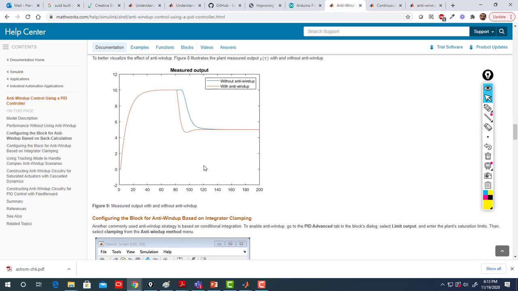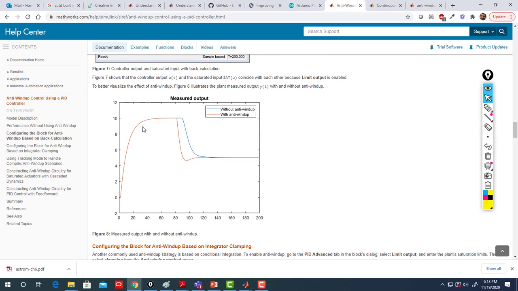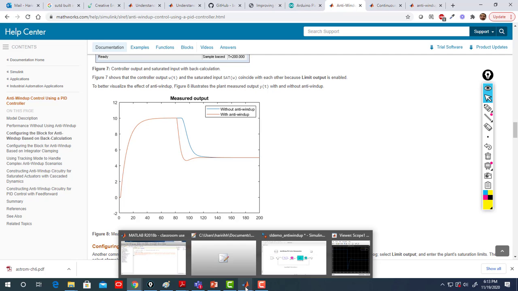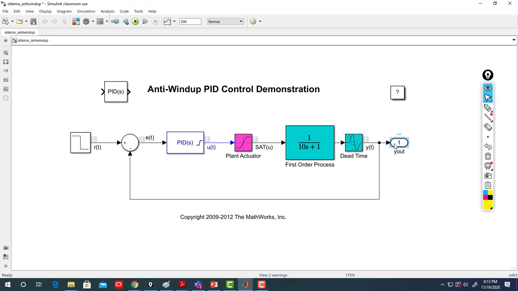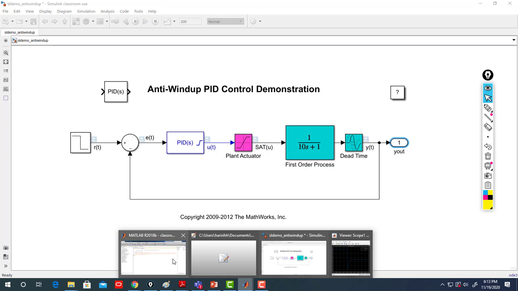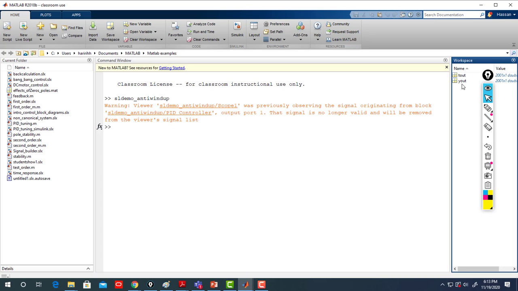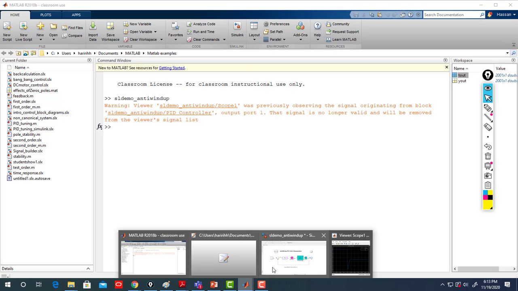Alright, and that's it. That's everything. How to save the image and plot it in a different place. So here you have the output. You can go to your workspace and you have the output Y, and you have T if you wish to output T somewhere, because